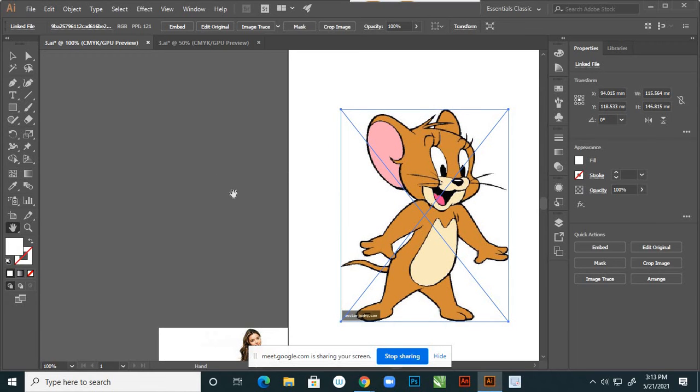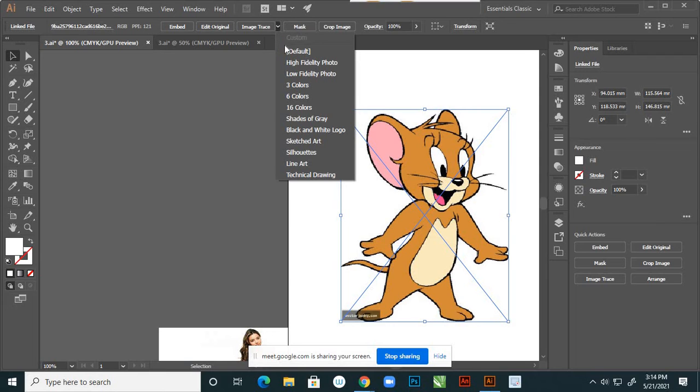Now press V, that is the selection tool. Select this one and see there is Image Trace. Just click on that. Here we have options: default, high fidelity and low fidelity, 3 colors, 6 colors, 16 colors, shades of gray, black and white logo, sketch art, silhouette, line art and technical drawings. These are the methods we actually use.